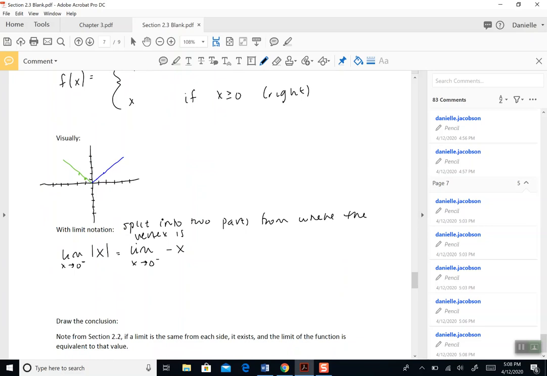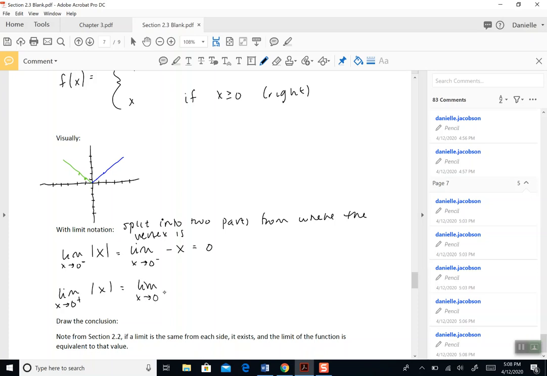All right, at this point, I've done some good work because now I can use the limit laws. So by the limit laws, when I run the 0 through here, this is just equal to 0. Okay, we need to explore this from the right as well. So I'll take the limit as x goes to 0 from the right of the absolute value of x. I should see that from up here, this is really a positive x, so this is equal to the limit